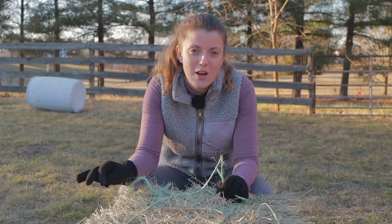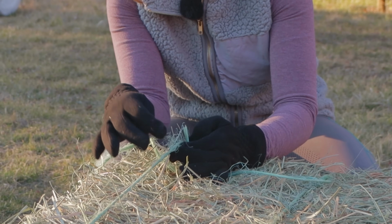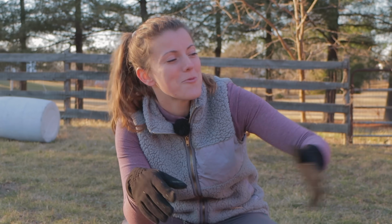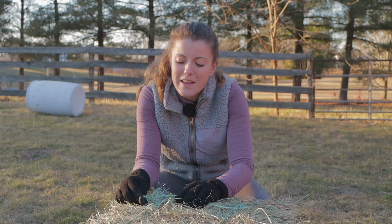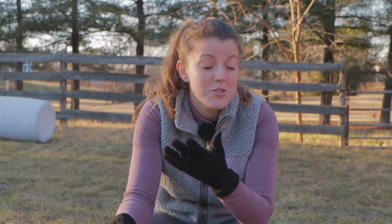Okay, so I did that for longer than I wanted to, probably 30 seconds. I only got maybe halfway through this piece of twine, and in my opinion, it's just not worth it. I'd rather walk and get the scissors and come back. So in my book, this is a no-go, but I can see how it's useful if there's just nothing laying